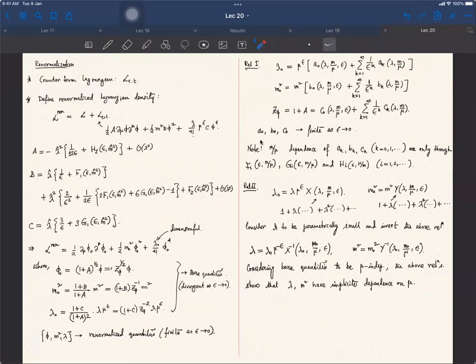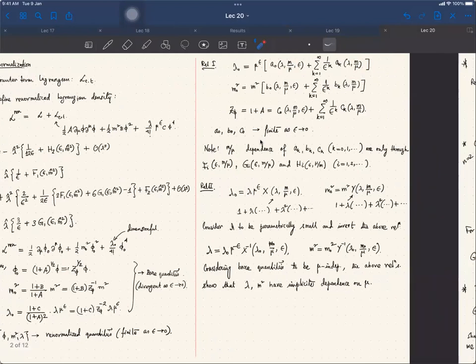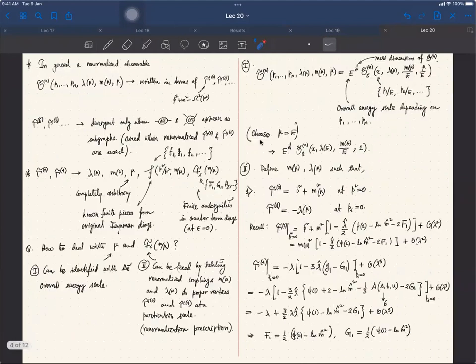However, if you set all the finite ambiguities to 0, as is done in the MS scheme, there will be no mass dependence, because the mass dependence was entirely coming from the finite ambiguities of the counter terms. Since they are all 0, all these A_k coefficients, k equal to 0 to infinity, are mass independent. Similarly for B's and C's. So the next observation here is that